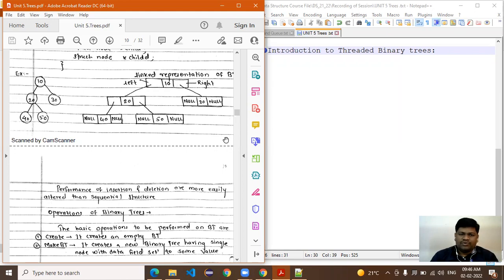The topmost node. Yes. So what is the value of the root node? 10, right?